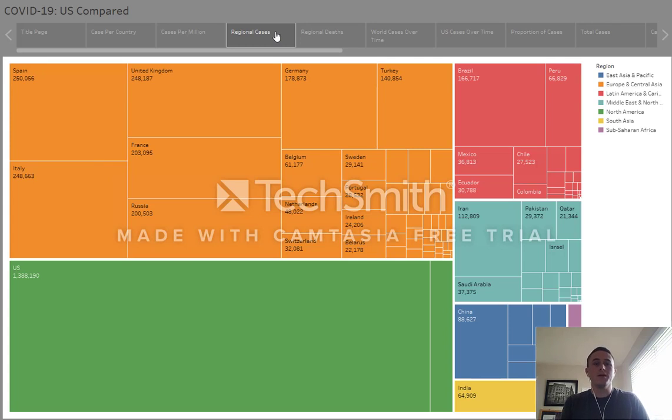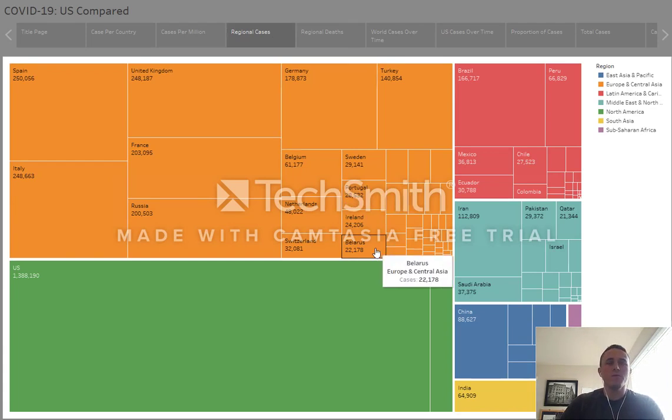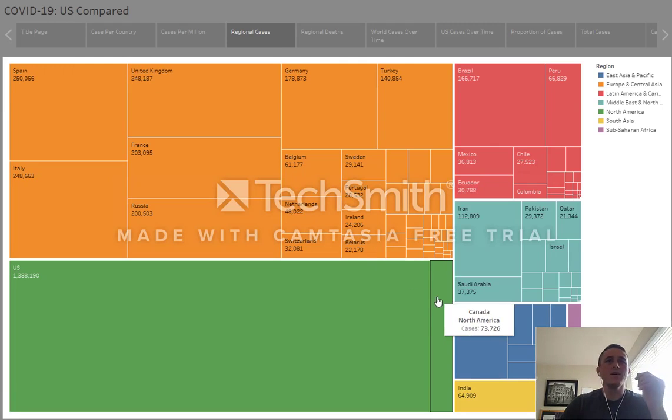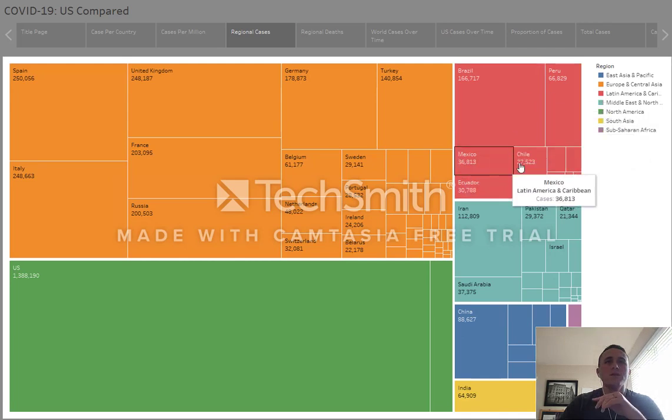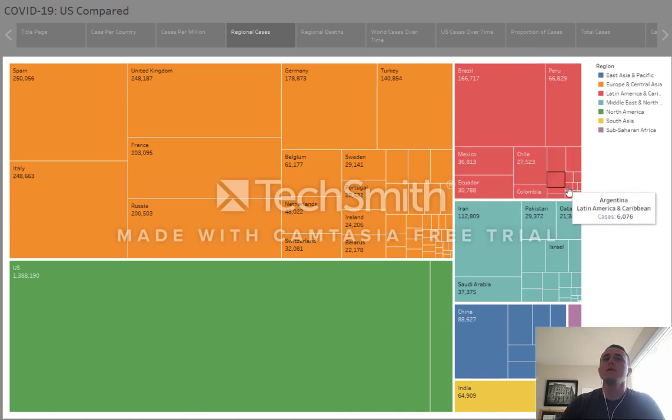Alright, so something else I wanted to look at was regionally, how many cases are there? And if we look on here, it almost looks even between Europe and North America, between the US and Canada, with the amount of cases. And then we have Brazil, Peru, Mexico making up the Latin American countries, coming up in third and kind of growing a lot over the last few weeks.